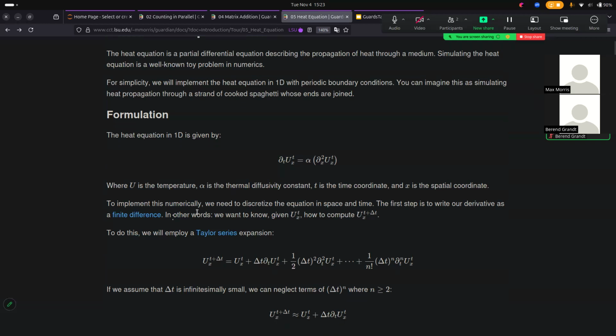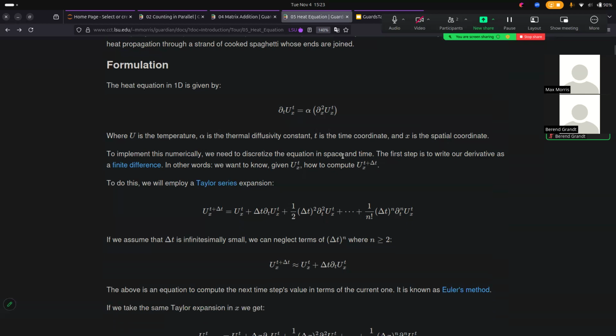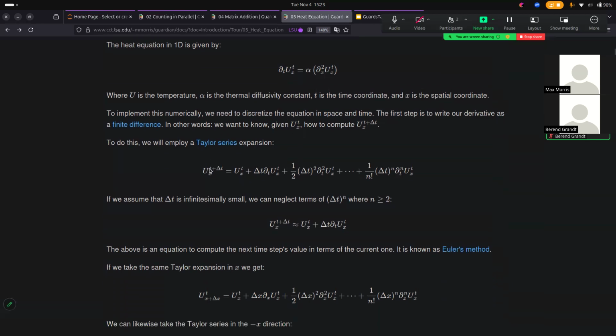So in other words, given some value of u at some time coordinate and space coordinate, we want to know how to evolve that to the value of u at that same space coordinate, but at the next time step, where dt is the time step size. To do this, we're going to use a Taylor series expansion. So we want to write u of t plus dt and x like this, where we start at u of t, x